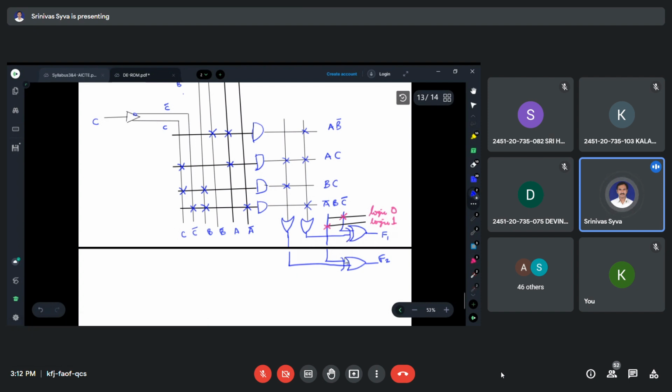And if it is connected to the logic 1 state, see here in the another exclusive OR gate, the second input is connected to the logic 1 state. So here the function is appearing in the complement form. That means, for example,